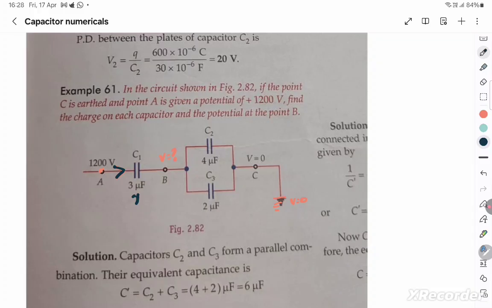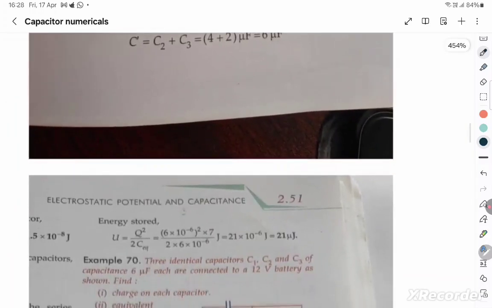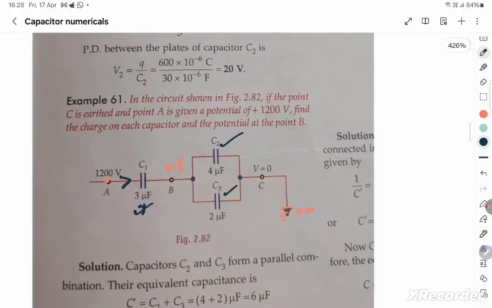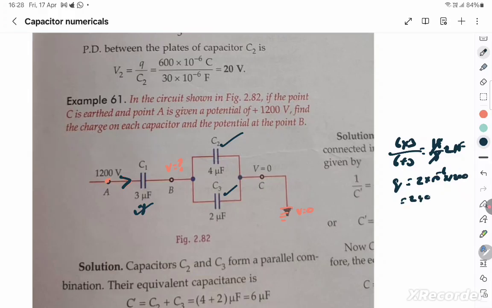So for which you have to find the equivalent capacitance, where you know C2 and C3 are in parallel. So 6 and 6 is in series with 3. So 6 into 3 by 6 plus 3, which is 18 by 9. So 2 microfarad is the equivalent capacitance. You know that charge is Q is equal to C into V. C equivalent 2 into 10 to the power minus 6 into voltage is 1200. So it's 2400 microcoulomb is the total charge, and that's the charge which is going to flow through the main